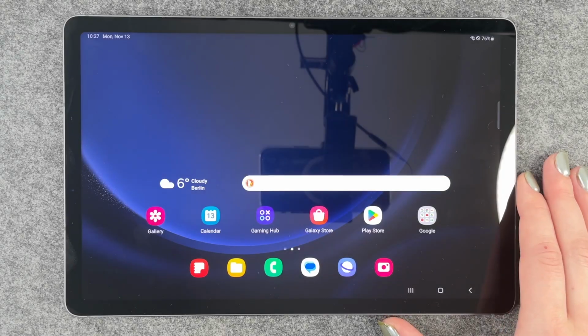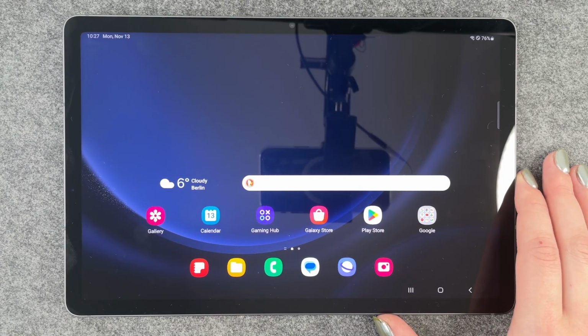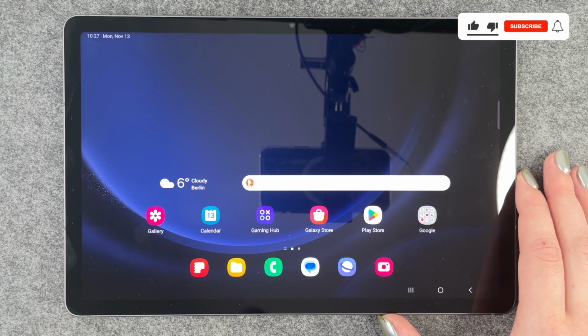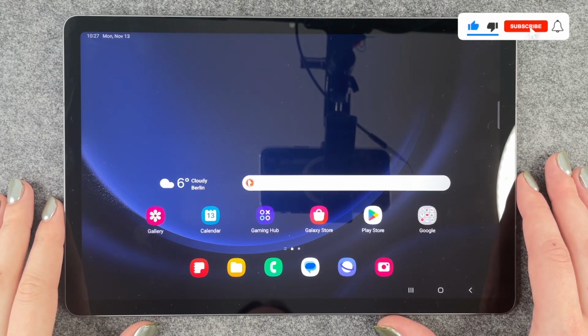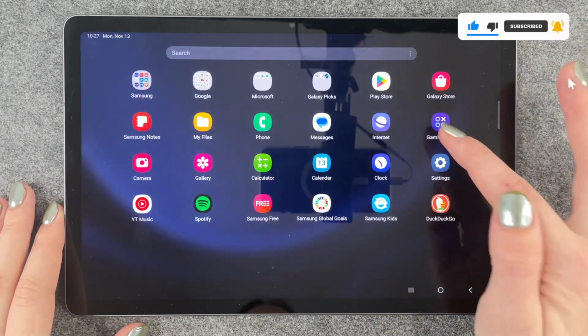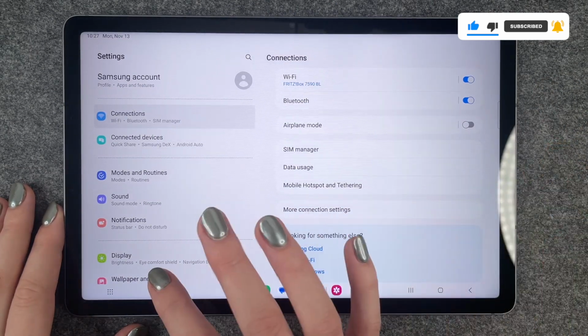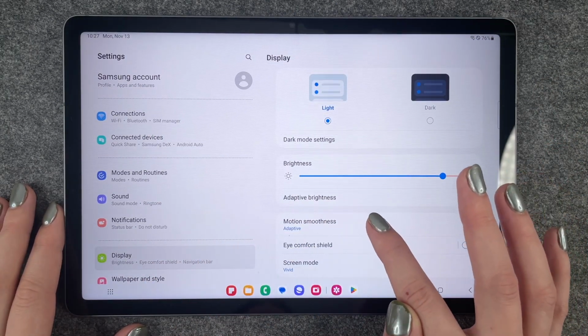Hi buddies, welcome back, and today I want to show you how you can customize the frames per second on your Galaxy Tab S9 FE. And for that you want to go to your settings, and then you want to go to display and motions